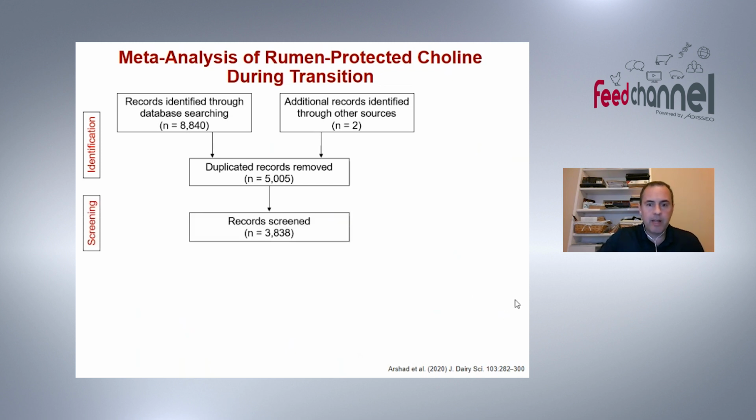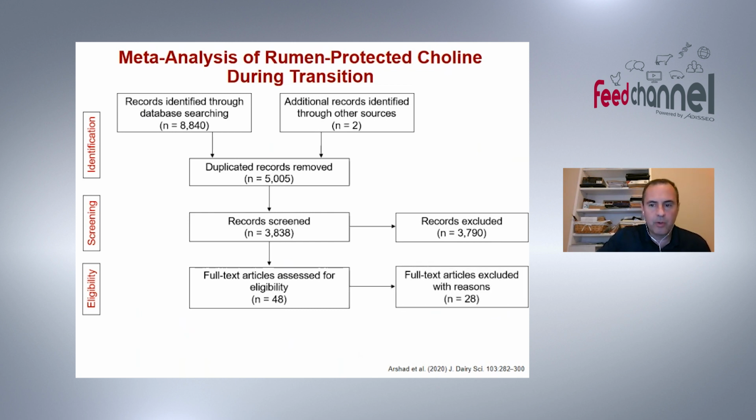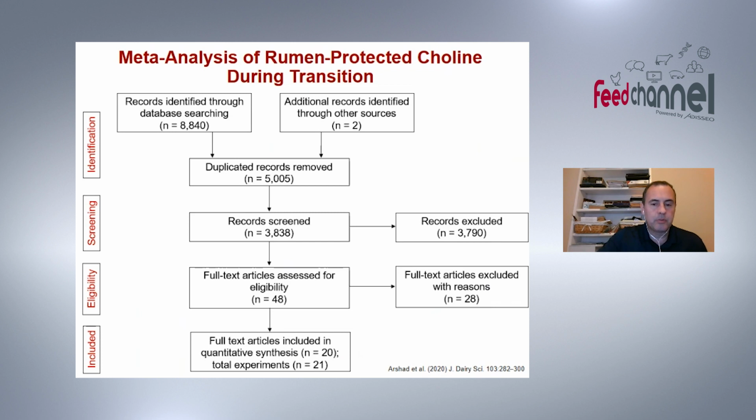Eventually, we screened records. Many of them had data that we were not interested in. We were interested in choline for prepartum cows fed in a rumen-protected form. So we were able to find 20 papers with 21 randomized experiments in which choline was randomly assigned to cows,